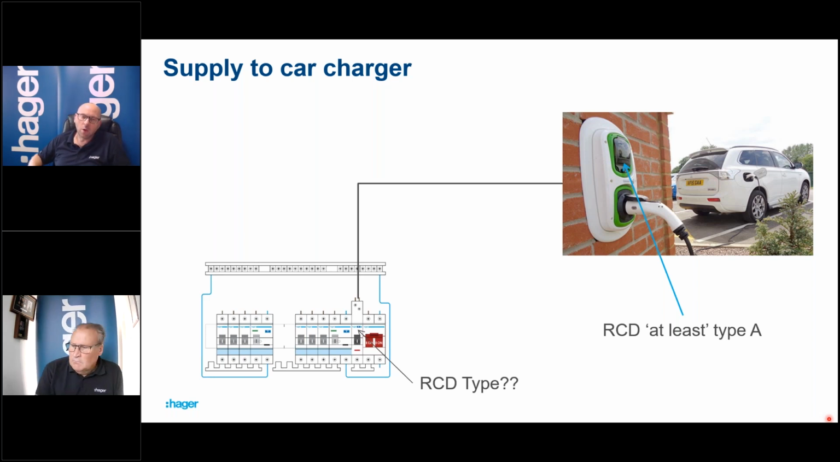So you really do need to consider this, and sometimes it's worthwhile designing the wiring system to get round using an RCD at the consumer unit or the distribution board, and maybe have it in the final position of the charging point. But there's so many considerations there that we've just run through. You just really need to be aware of them all. So that kind of brings us on to